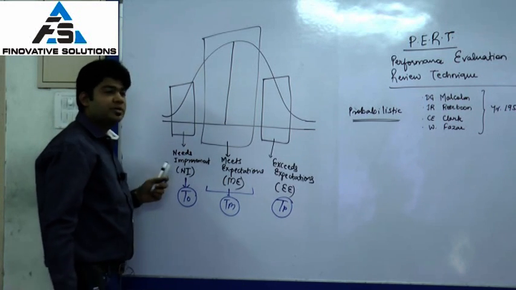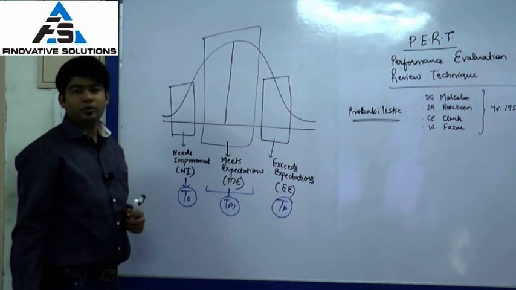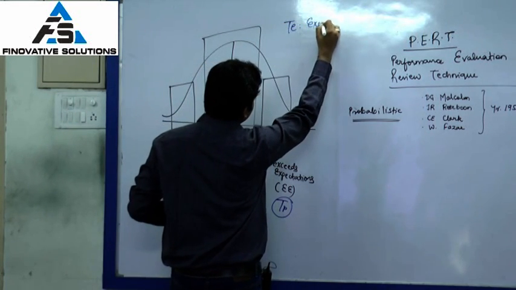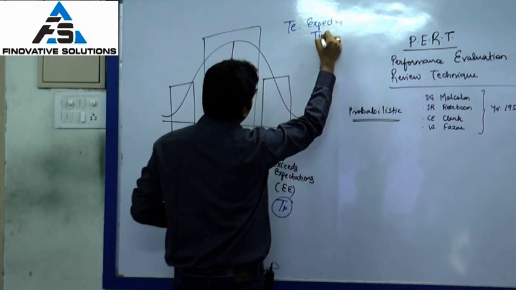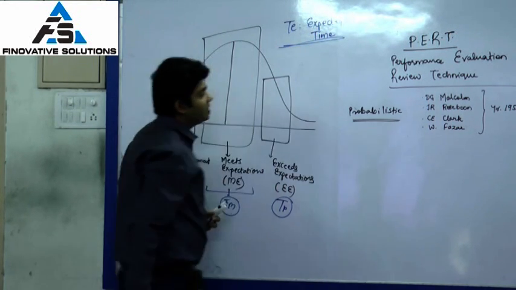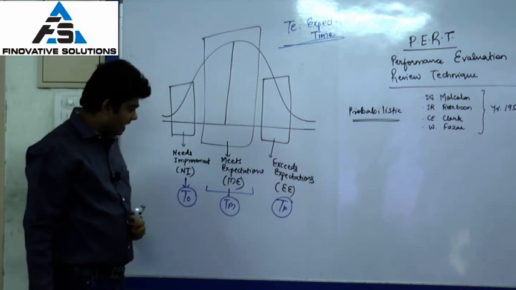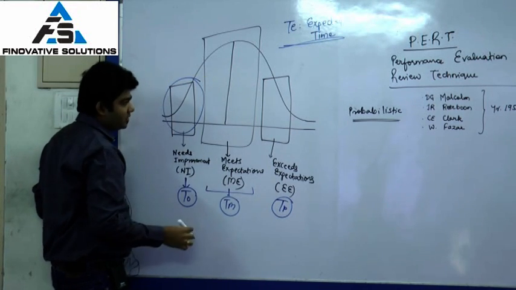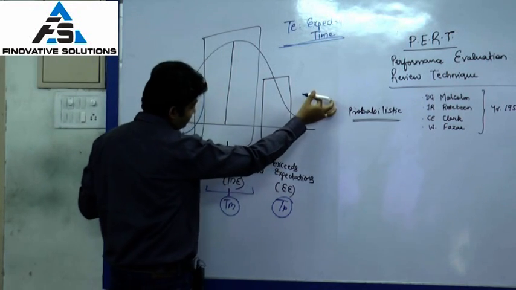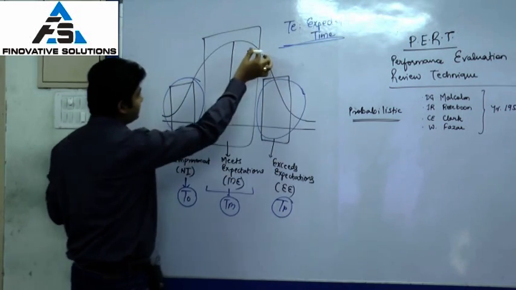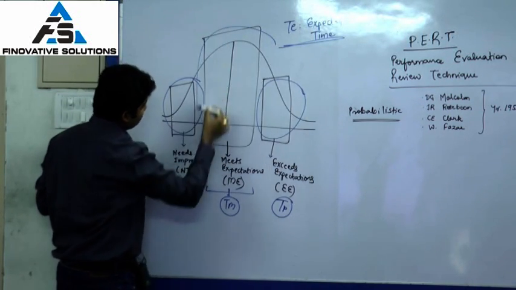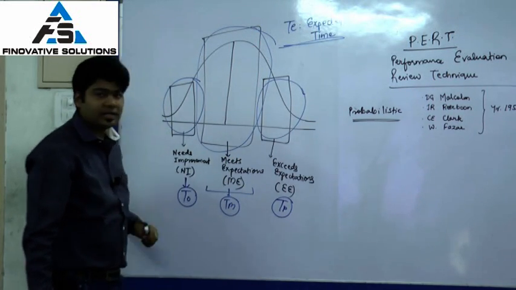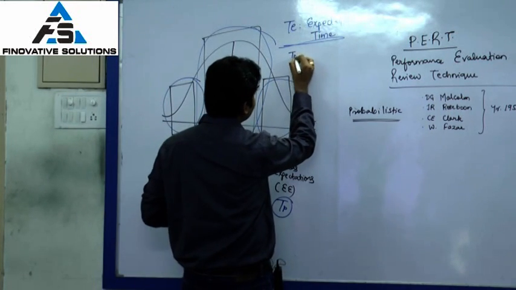Utilizing this normal distribution behavior, we will be able to calculate something called TE, which is the expected time, which will be used in order to draw my network diagram and give the duration as required. So here TO, if you see, has a small chunk, there is TP, which carries a small chunk, and then there is TM, which has the major chunk of activities, and that is where the formula for TE, expected time, is derived, which says that